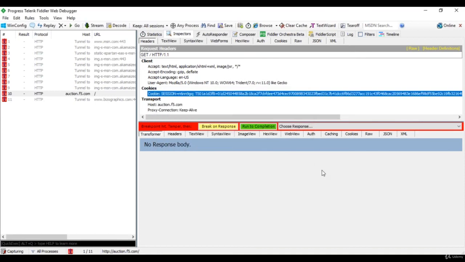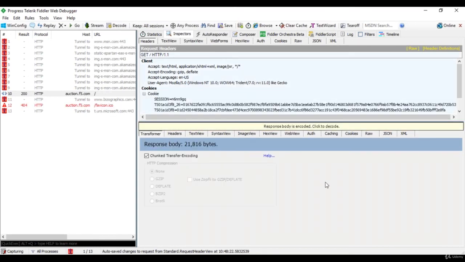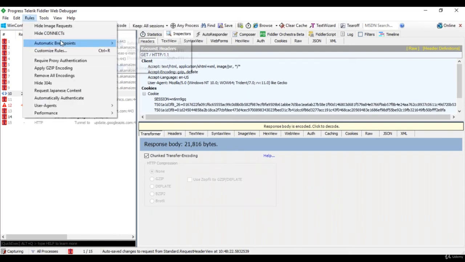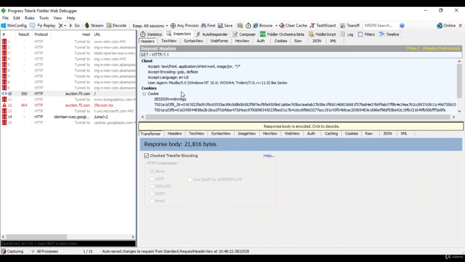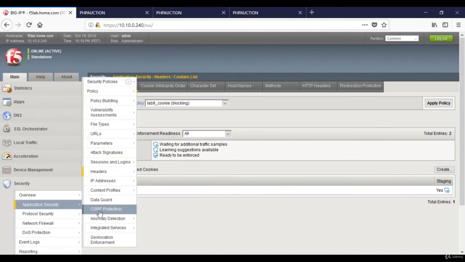So I have modified the content of my session cookie, and after this, I'll complete the request. I'll click on run to completion, and after this, again, I will disable the breakpoint. Now if I go to ASM and then go to the traffic learning screen,